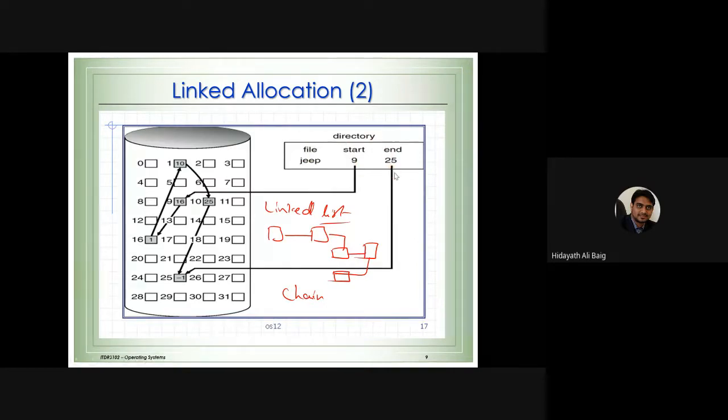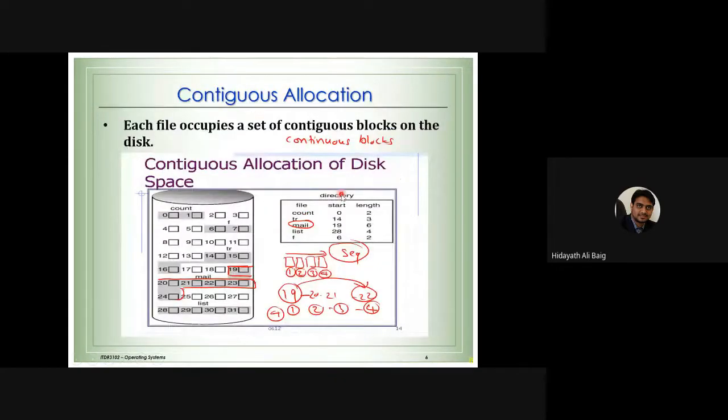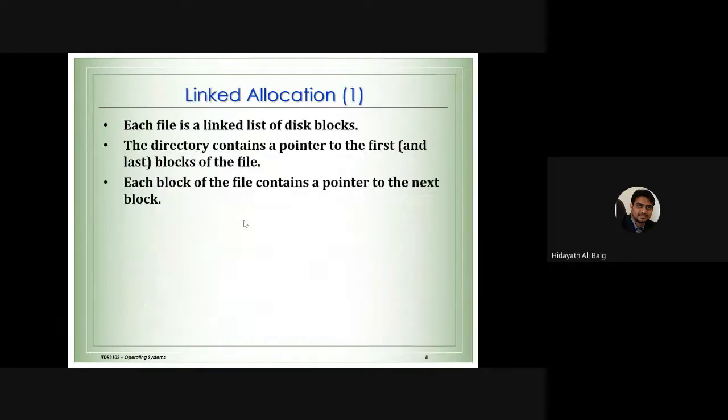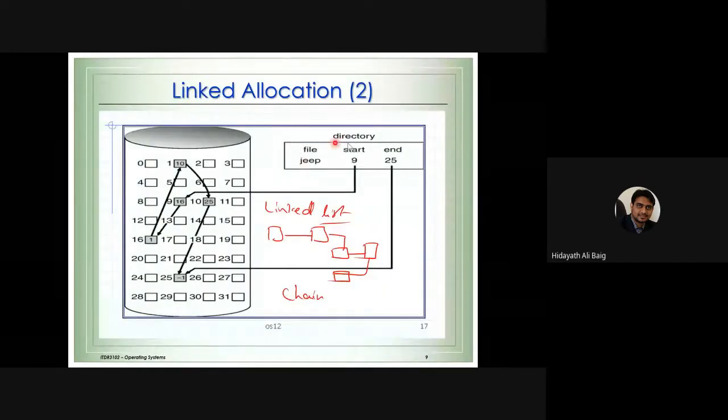Now what will the directory have in contiguous memory allocation? The name of the file, the starting block of the file, and the length or size of the file, because we know the next block is the next one. So no need to know the last block, because once I know the length, automatically I know the last block. So 0 plus 2, it's going to be 2 blocks, so 0 and 2 will be my last block. Like contiguous allocation, it stores the file name, starting block, and the length. But in linked allocation, it stores the file name, the starting block, and the last block or the end block.